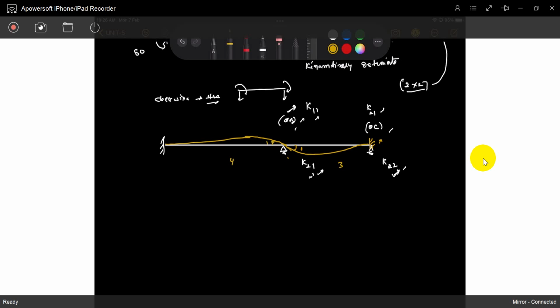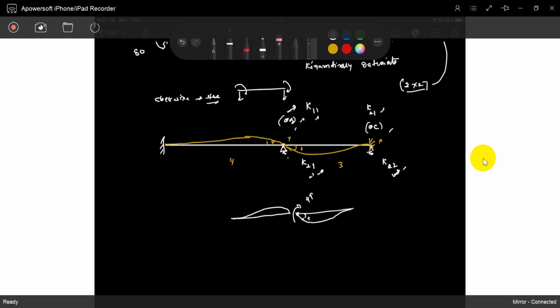So how much force is generated here? Tell me, how much force generated here? You already know. For this unit rotation, if you just divide it like this, for this unit rotation,